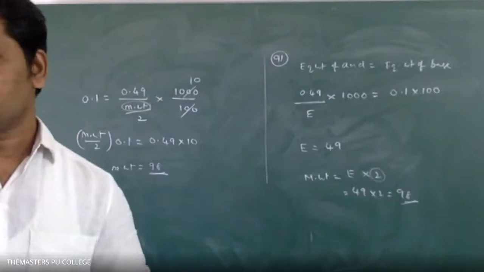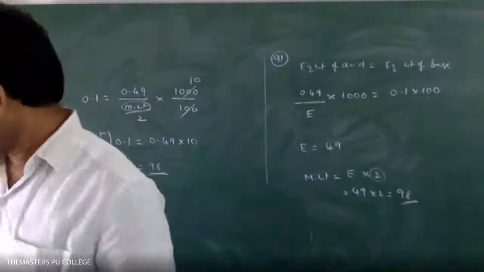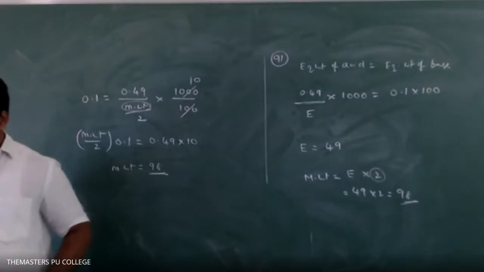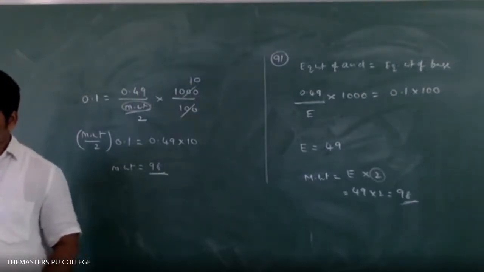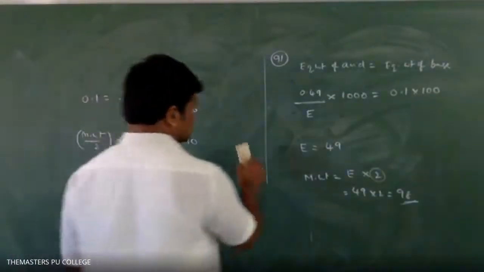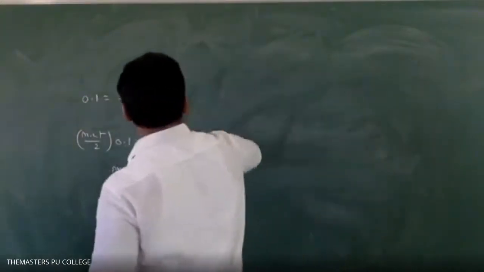Okay. Next. Question number 92. 91 is finished, sir. 92 is not finished, sir. Look at which question 92 is once. 92 is not a concentration related question. That is a stoichiometric question. Write the equation.